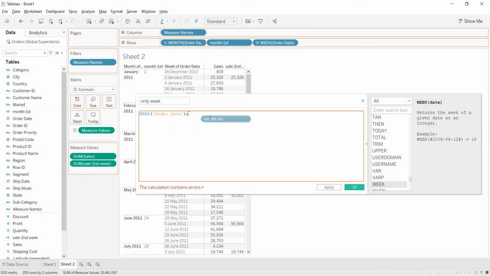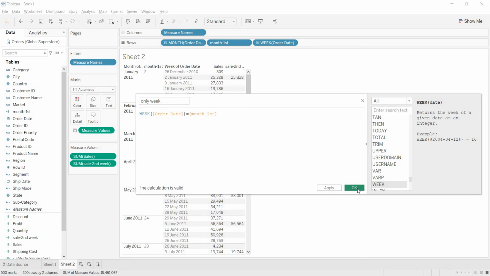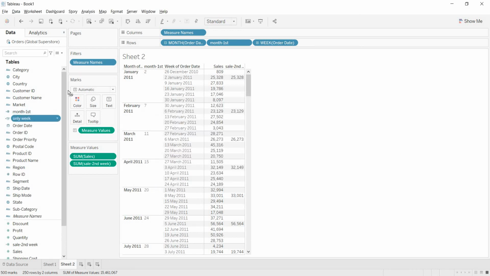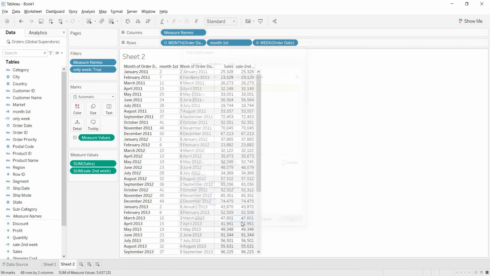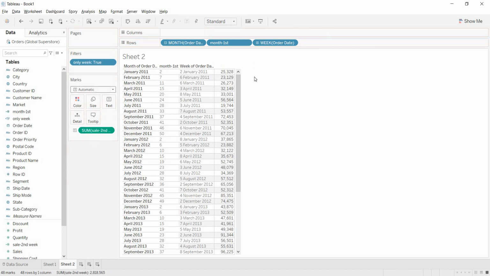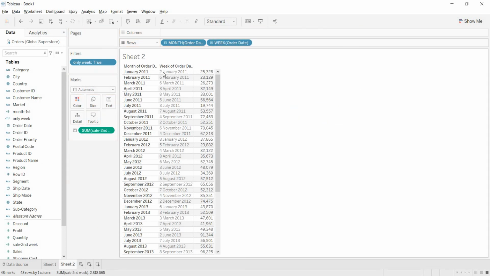Now bring this to the filter shelf and select only true. Click on apply. Now the view is showing only the second week sales details. I am taking off this sales from the view, and I am taking off the calculation that we have taken here. Now see, this is the final requirement.